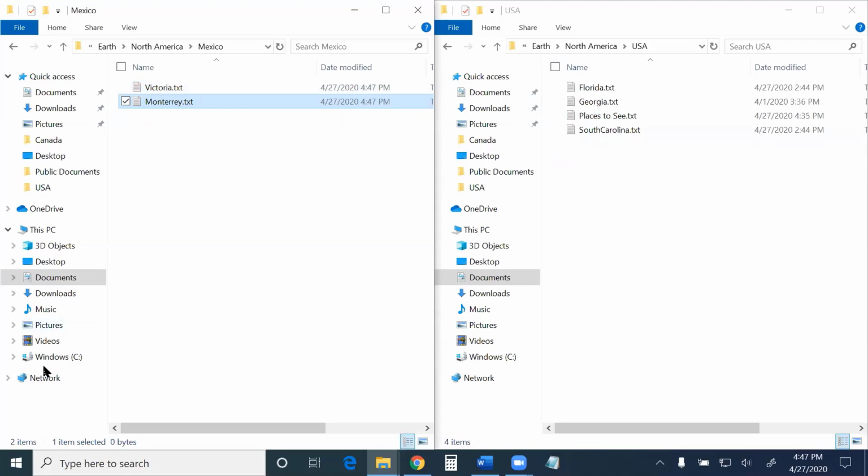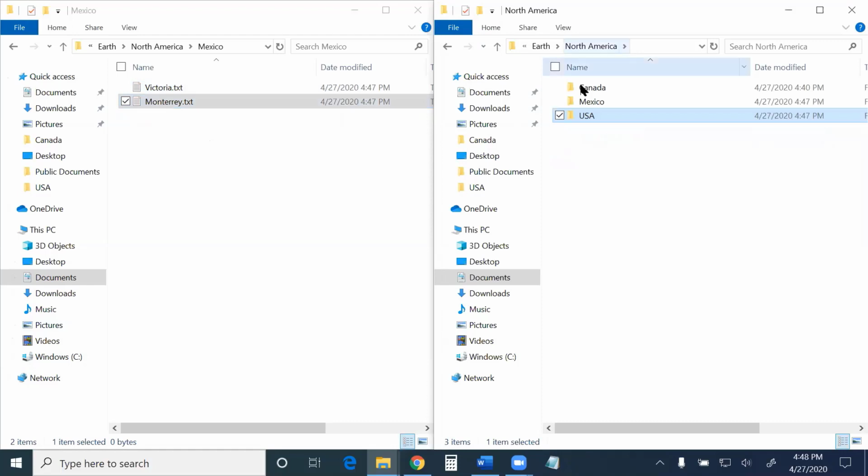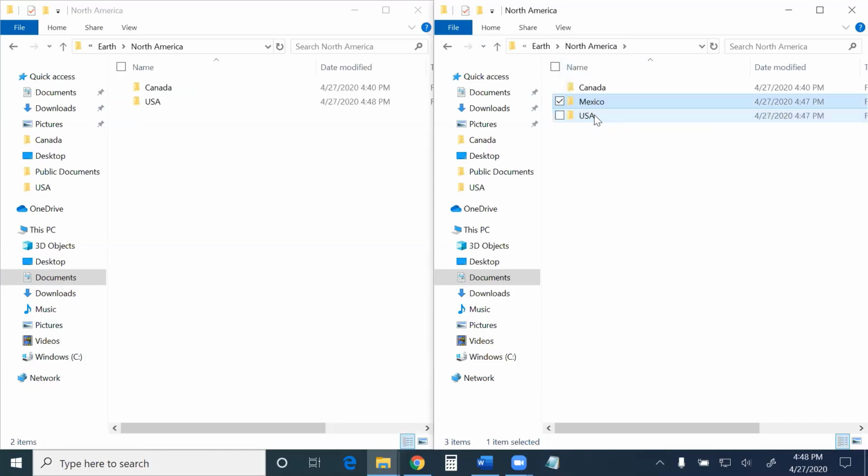So as you go through and you start organizing your documents, one thing that's going to happen invariably is you're going to accidentally drag. Maybe while I'm doing all this work and I'm here under North America, I accidentally drag Mexico to United States. And it was accidental that I did that, and then I take a look in North America and I can't find Mexico. I don't know where it went to.